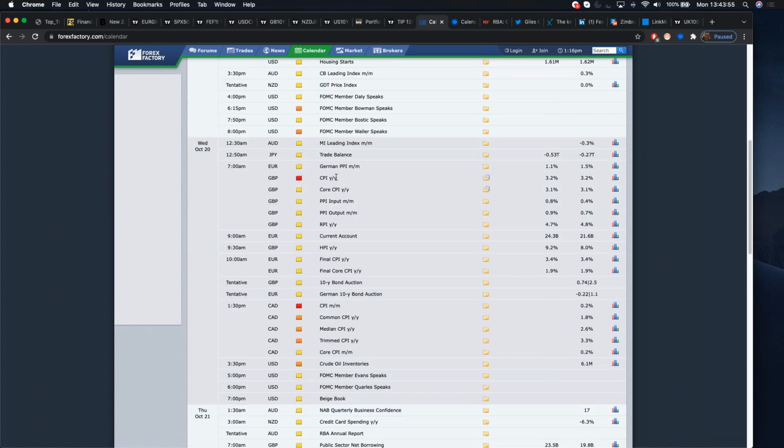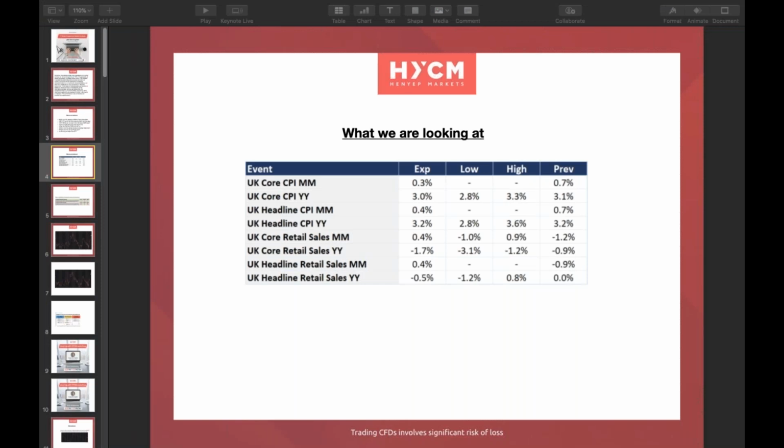The main event of the week is UK CPI without a shadow of a doubt. Now, I'm going to go back over to our main screen, and I'll just run through what to expect with this. Now, the UK has seen a lot of strong pricing in SONIA futures recently. I'll show you them in a minute, but in fact, let me just jump over there and show you these SONIA futures now, because it's worth seeing for yourself.